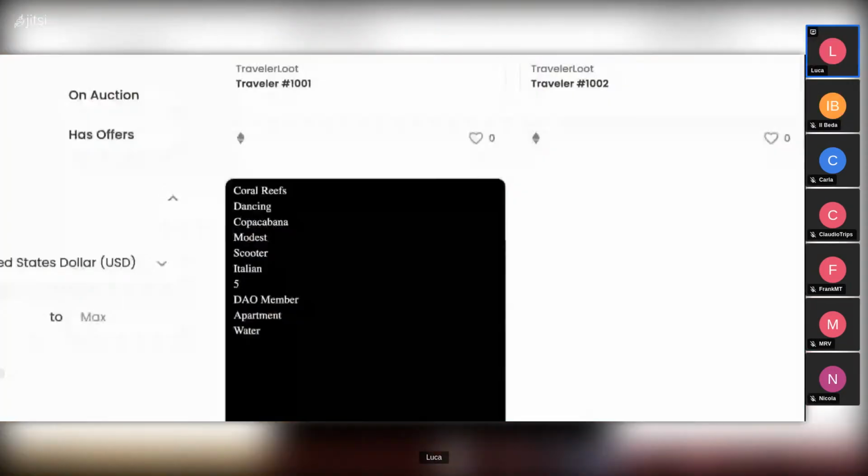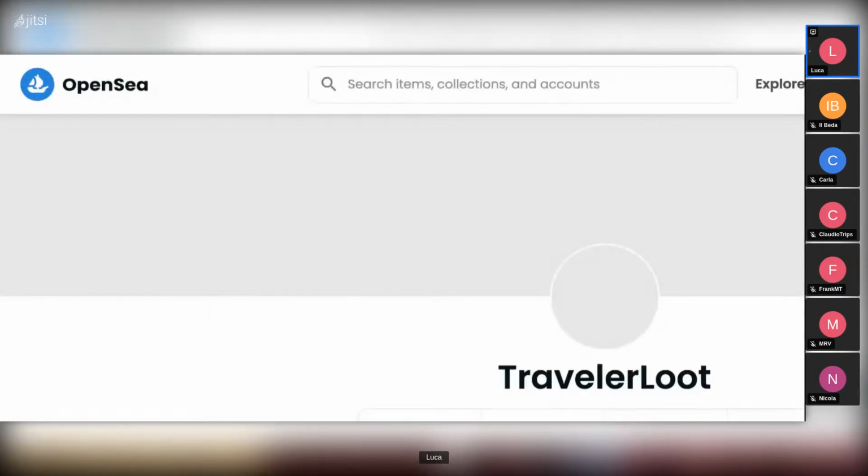Okay, OpenSea. Wow, guys, this is incredible. I didn't think it was gonna. Okay, I'm gonna be honest. I love the Traveler Loot. I love it because